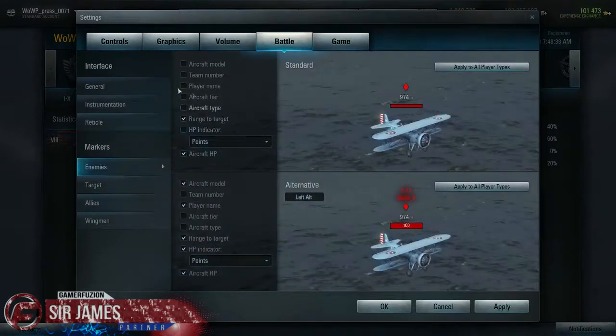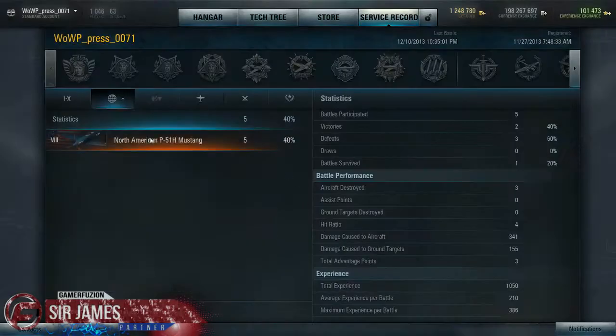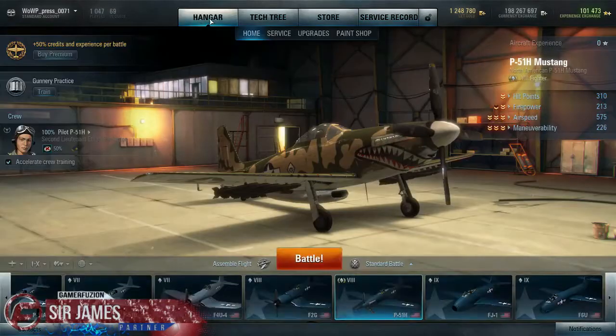Enemies, so you could choose to switch this around to fit your personal needs. Targeting, allies, and of course your wingman as well, which I'm not sure what the wingman is about. I haven't really noticed that in the game. Maybe it's just an ally you have with you, or just an AI in general. But yeah, those are some of the different options you have, but that's pretty much the main menu. And of course over here as well,